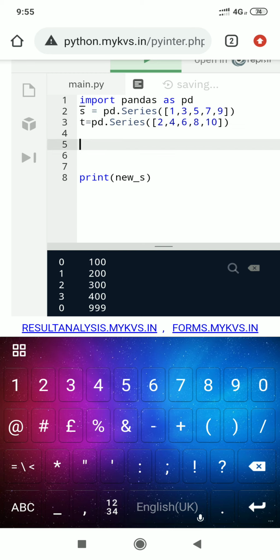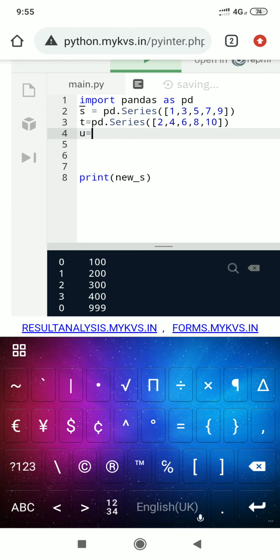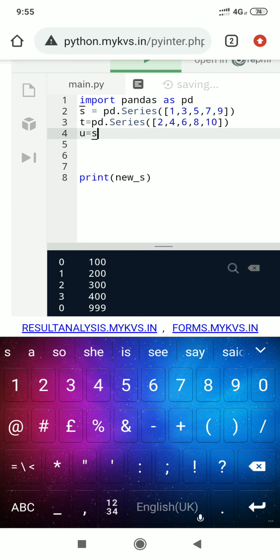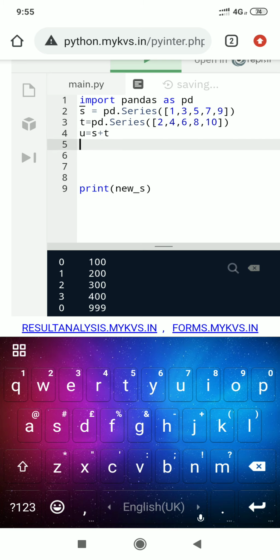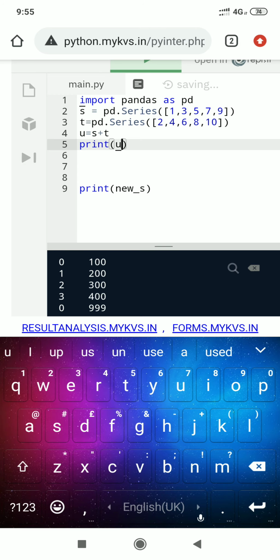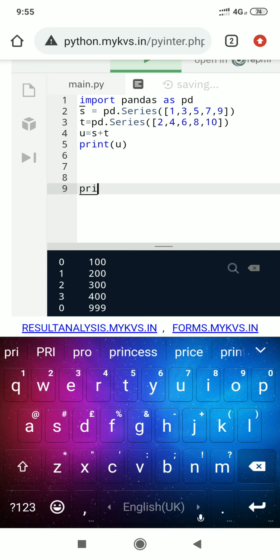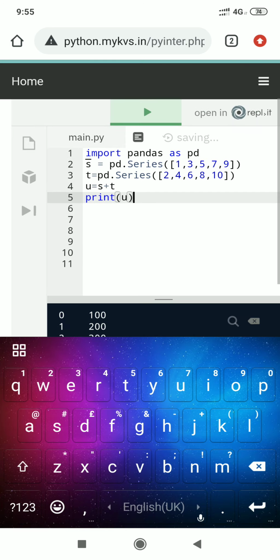Now I am performing U equal to S plus T, and print U. Now I execute the program.